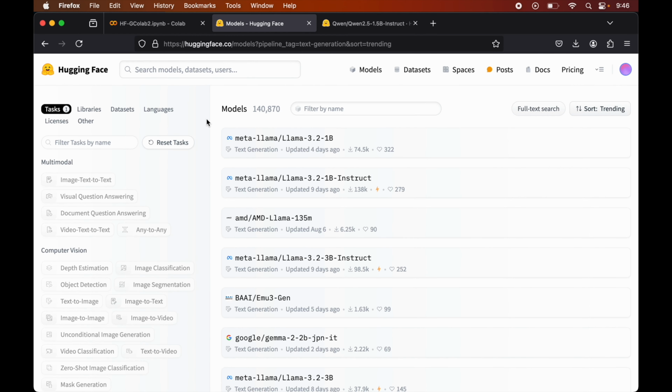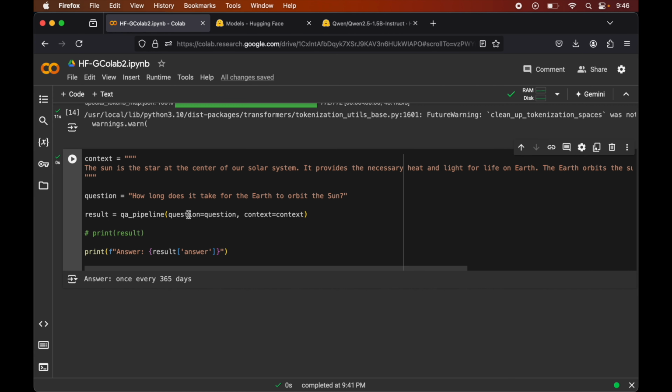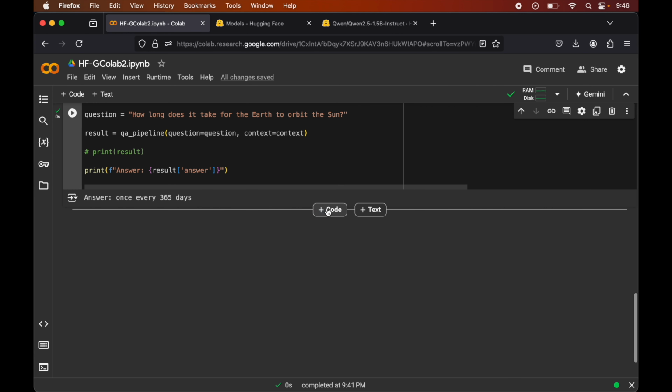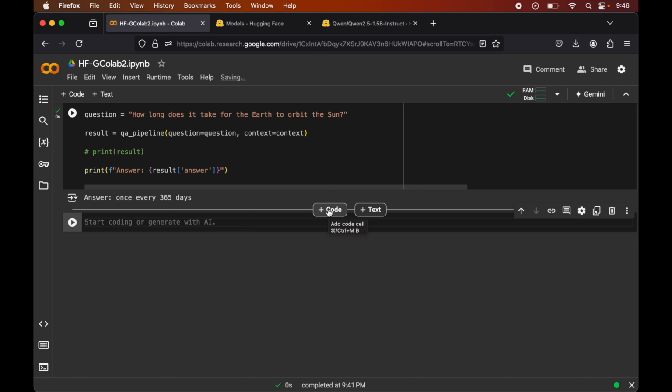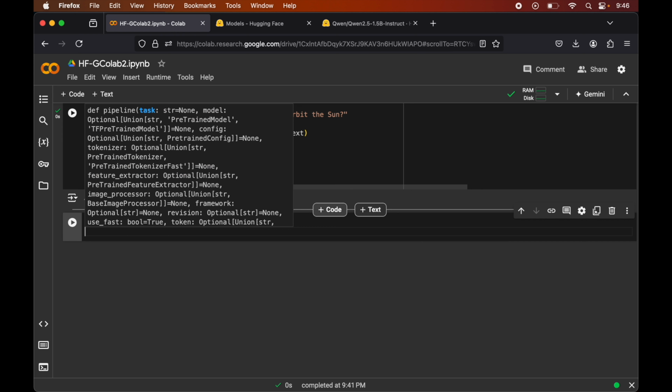Now let's go back to the notebook. Here again we will install the transformers library if it is not installed already, and after the installation we will import the pipeline. So we will say from transformers import pipeline, and we will load the text generation pipeline.